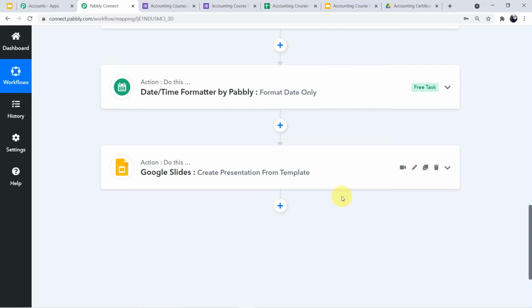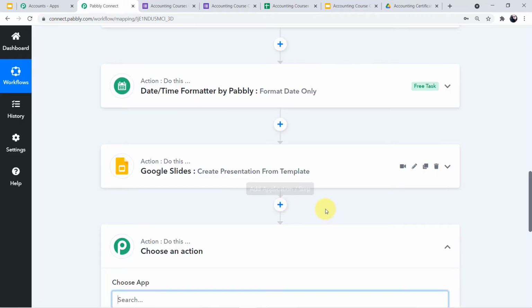Now once again, why we are integrating Google Drives with Pabbly Connect, guys? Because we have created the particular folder in Google Drive and now I want to get my certificate. I want my certificates to get saved in the particular folder I have created in Google Drive. Then from that particular folder, I want them to send the certificates. I want the Pabbly to send the certificates on WhatsApp. So it is important to integrate Google Drive with Pabbly Connect.